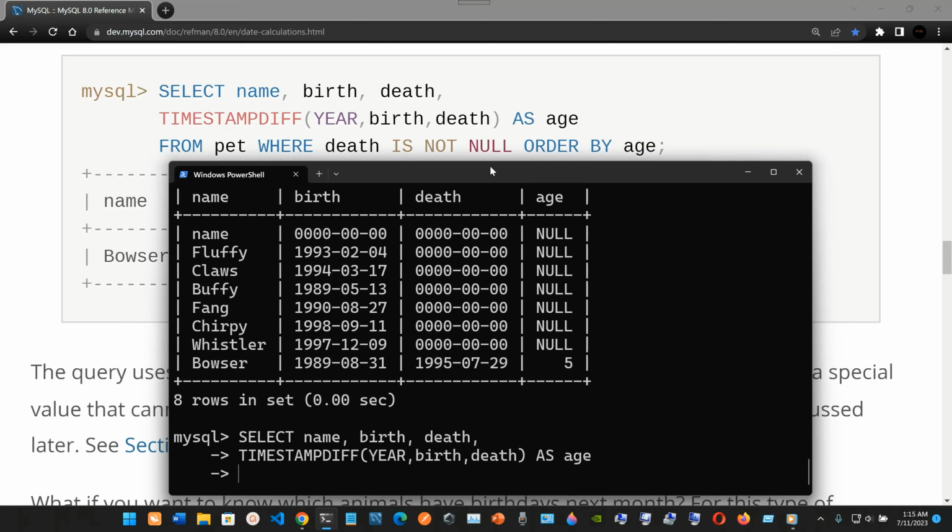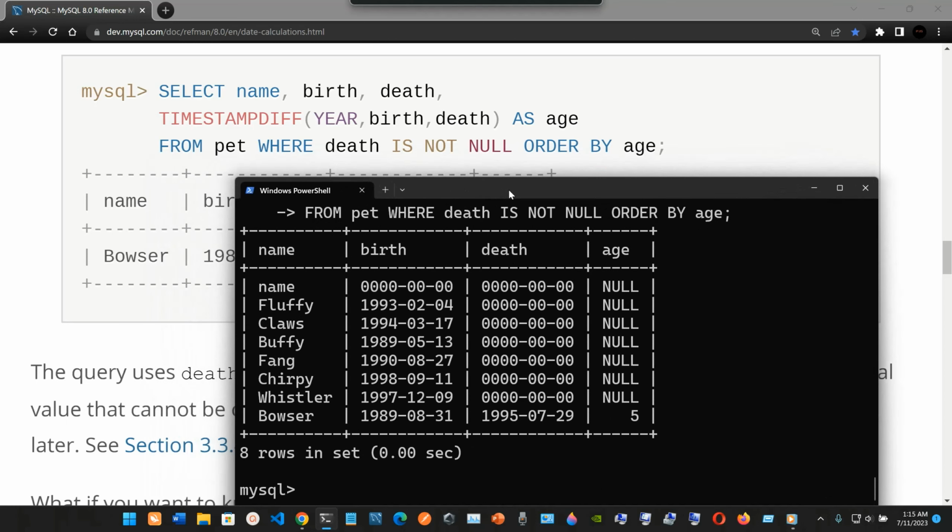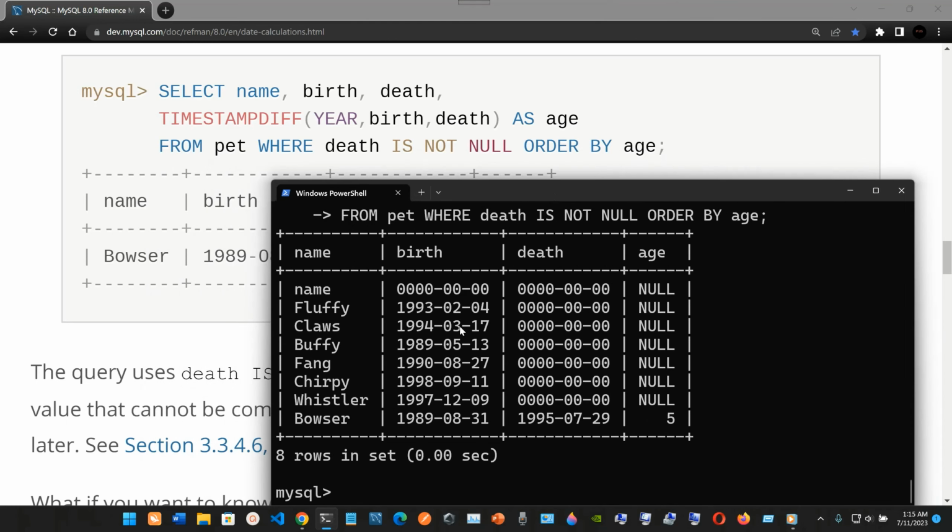Okay, so we have that, and then we're gonna use from the table pet where death is not null, order by age. So let's try it in. Okay, so it's giving me the results again, and Bowser is the only one, of course,